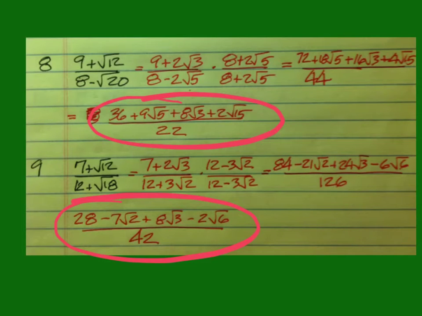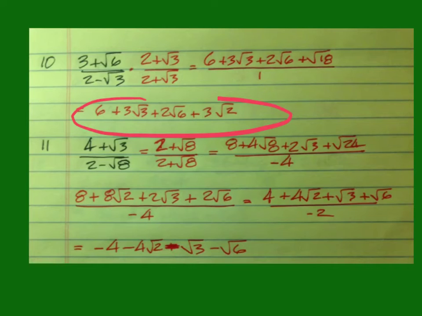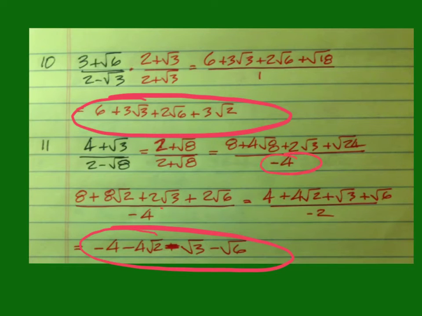And 9 is 28 minus 7 square root of 2 plus 8 square root of 3 minus 2 square root of 6. 10 is 6 plus 3 square root of 3 plus 2 square root of 6 plus 3 square root of 2. 11 is negative 4 minus 4 square root of 2 minus square root of 3 minus square root of 6. Notice that that one ends up with a negative 4 in the denominator, and we can cut that down